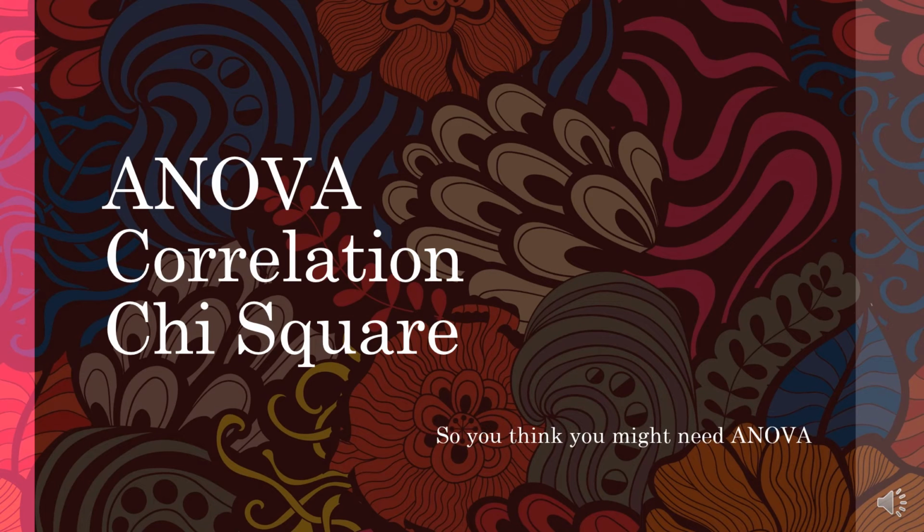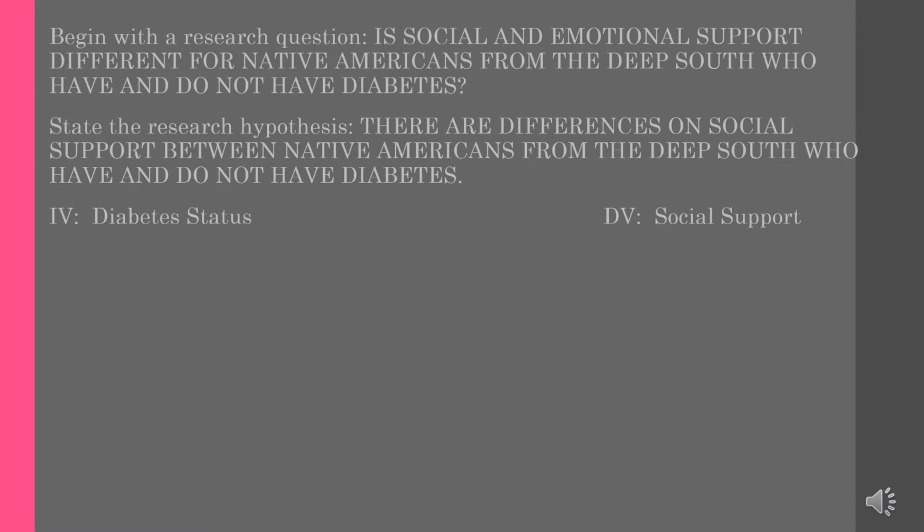So ANOVA, correlation, or chi-square, we're going to figure out how to tell which one of these you need. And if you need an ANOVA, this is the video you need to watch to run an ANOVA in SPSS. So we'll begin with the research question